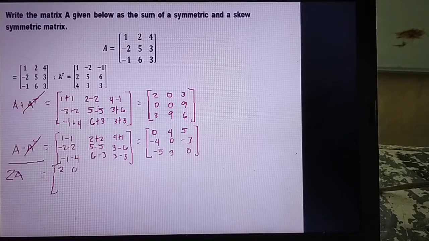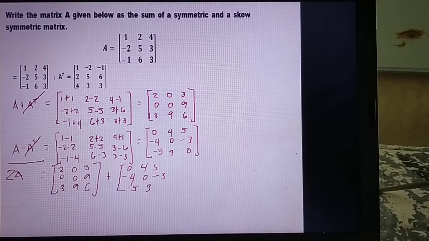Rewrite 2, 0, 3, 0, 0, 9, 3, 9, 6, plus 0, 4, 5, negative 4, 0, negative 3, negative 5, 3, 0. Then divide both sides by 2. Therefore, the element is